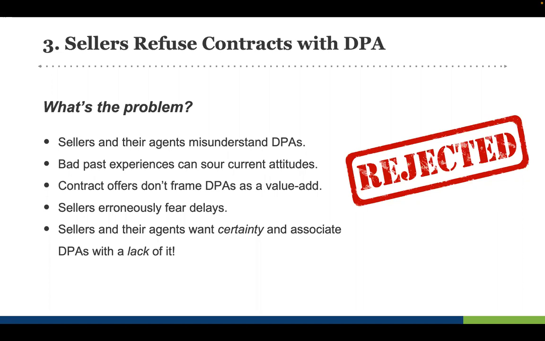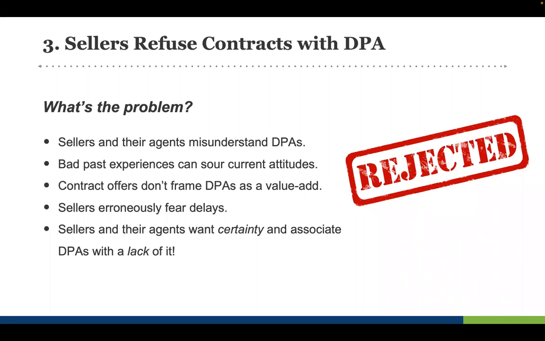So is the contract offer framing the DPA as a value add? Do you even have to disclose that? Now, that's going to differ state by state, right? And you all, especially agents, know your state law with regard to disclosure and financing and so forth and the contract offers. But don't over disclose, and then frame the DPA as a value add. If you can go in and cover closing costs with the down payment assistance program, you don't have to ask the seller. That might be the competitive advantage that your buyer needs to up the price a little or not ask them for closing costs and try to win their bid.